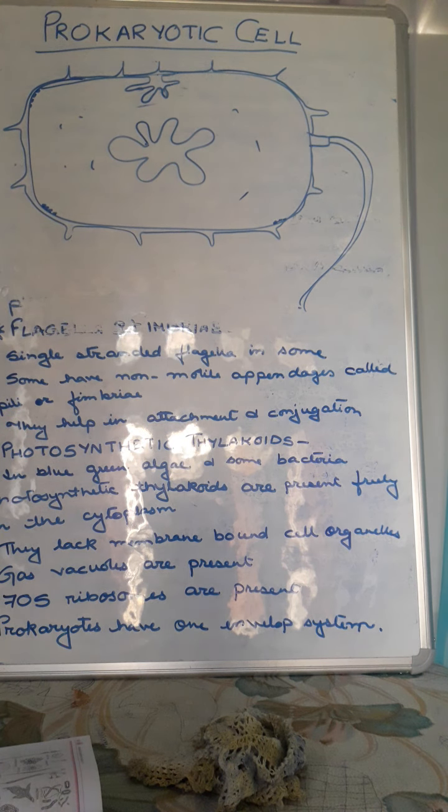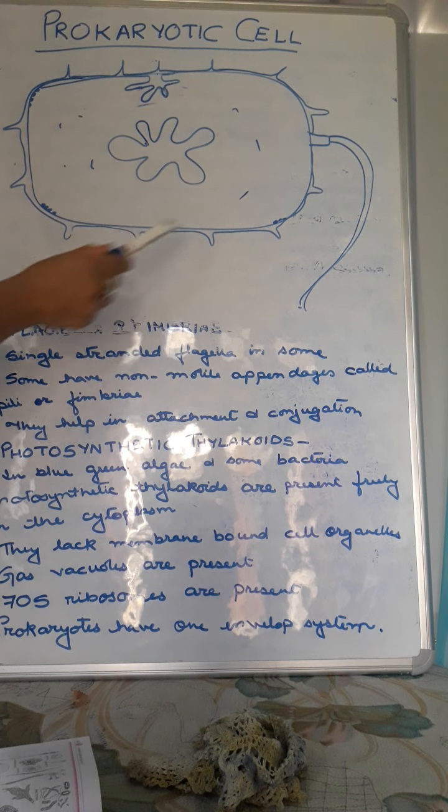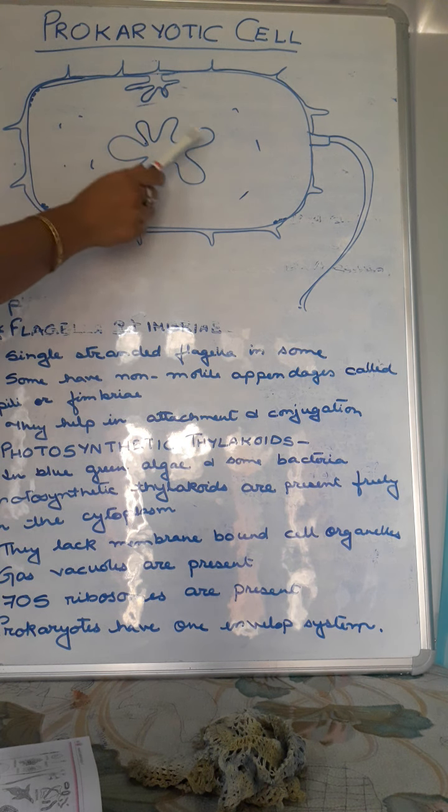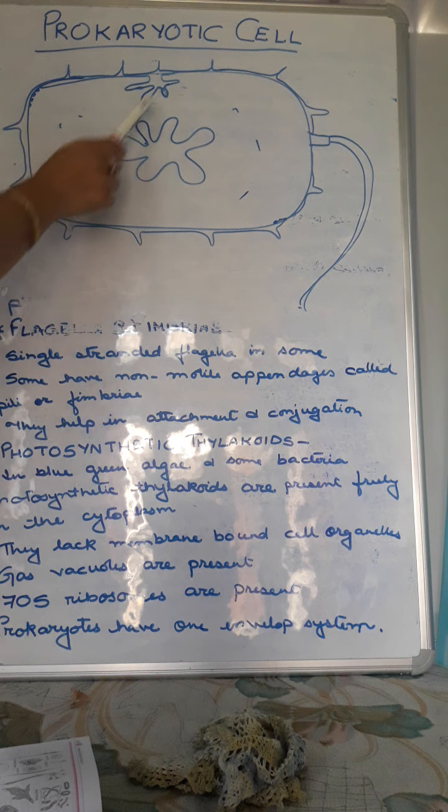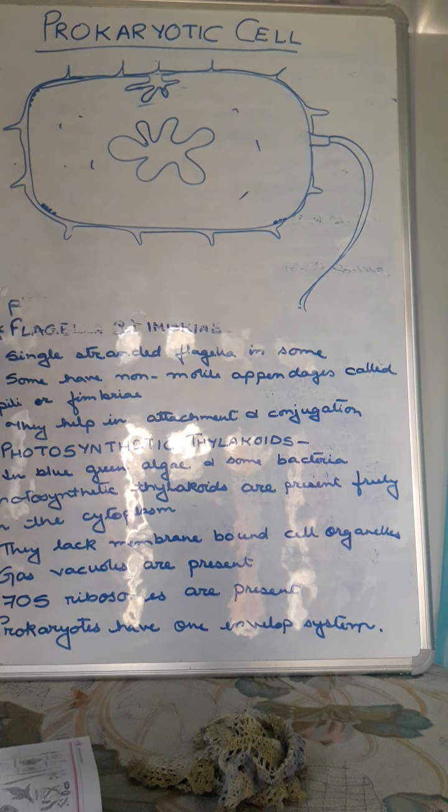Okay, now here you see, this is the bacterial cell, if you have remembered. Now this cell consists of a single membrane, isn't it? This is the single membrane which is enclosing the whole structure. This is the nuclear genetic material. This is the mycoplasma, isn't it? The extension of the cell membrane. These are fimbriae and this is the flagella. So here, except for the cell membrane, all other membranes are absent. That's why we use the term one envelope system in case of the prokaryotic cells.